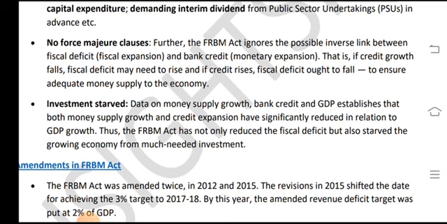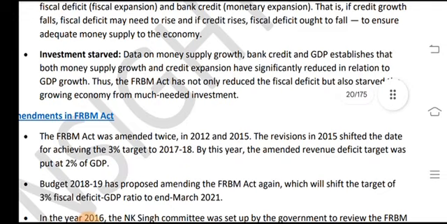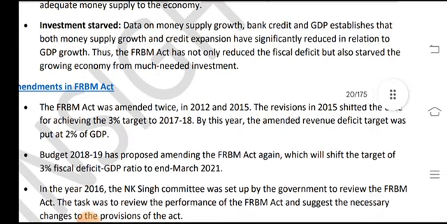No measures or clauses in the FRBM Act address the possible inverse links between fiscal deficit and fiscal expansion and bank credit and monetary expansion. That is, if credit growth falls, the fiscal deficit may need to rise, and if credit rises, the fiscal deficit ought to fall, to ensure adequate money supply for economic investment. Surveyed data on money supply growth and bank credit and GDP establishes that both money supply growth and credit expansion have significantly reduced in relation to GDP growth, and thus the FRBM